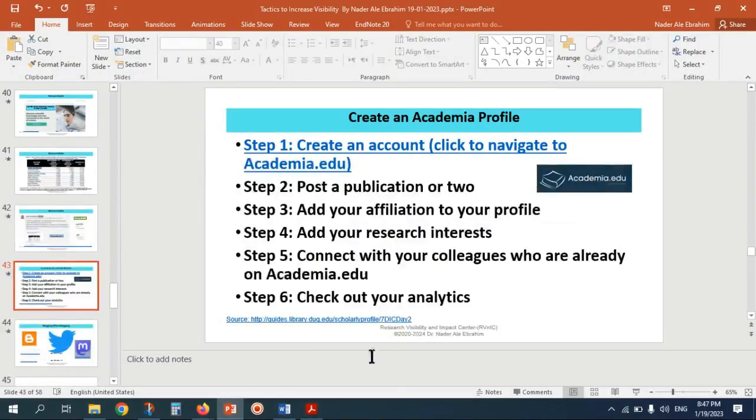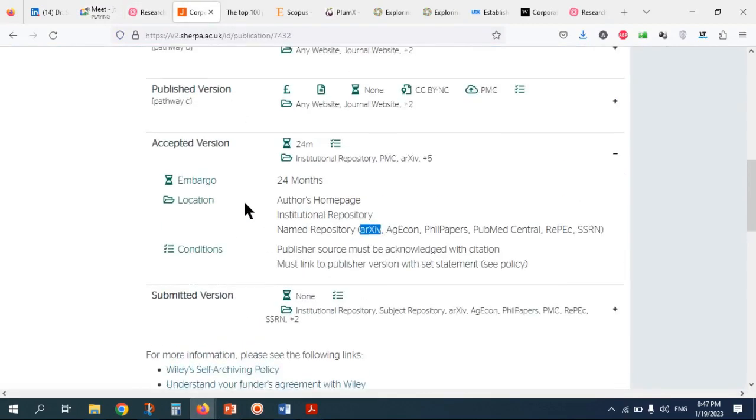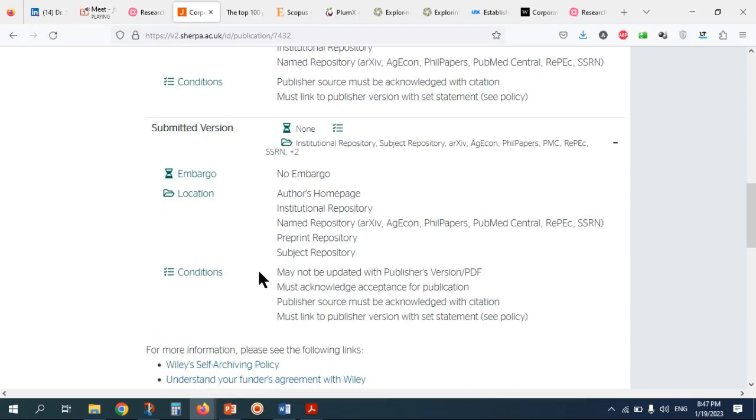If we go back here, for this paper, although it doesn't allow us to distribute the accepted version before 24 months if we didn't pay, the submitted version, meaning the preprint version, the first version you submitted to the journal before the referees gave any comment, has no embargo time, so you can distribute it free of charge.